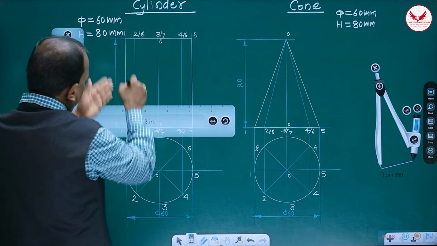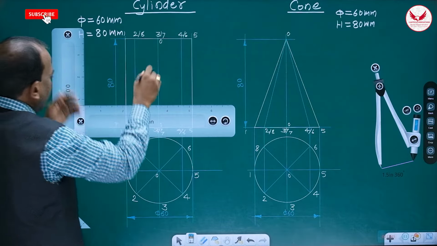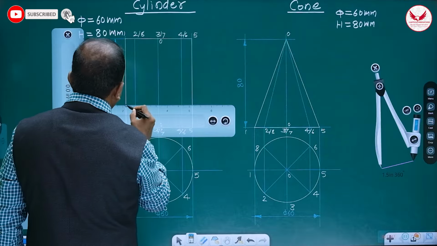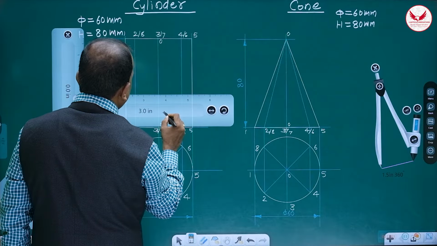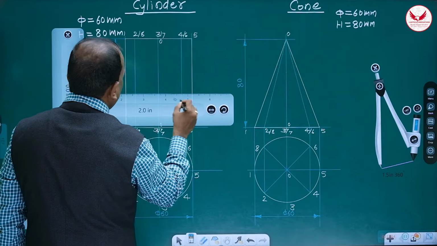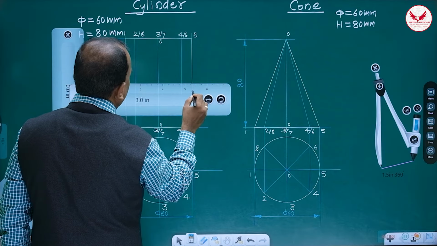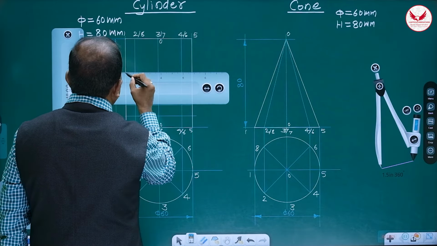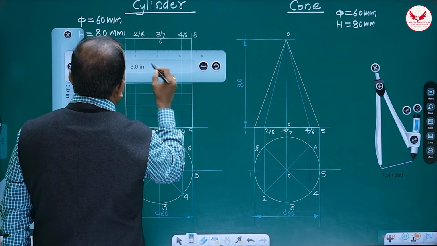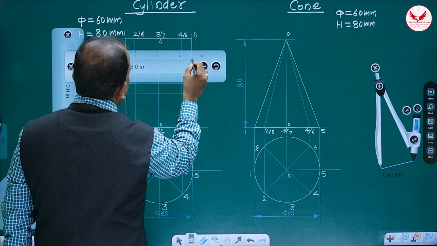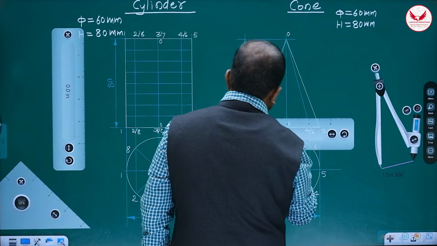You can divide this also into 8 and mark horizontal lines, and if it is not divisible by 8, then mark the slant line. First you divide it into 8 parts, either the axis or this height, anything you can divide into 8 equal parts. Mark these horizontal lines. So these are the 8 equal divisions and extend like this. Similarly, for the cone also,